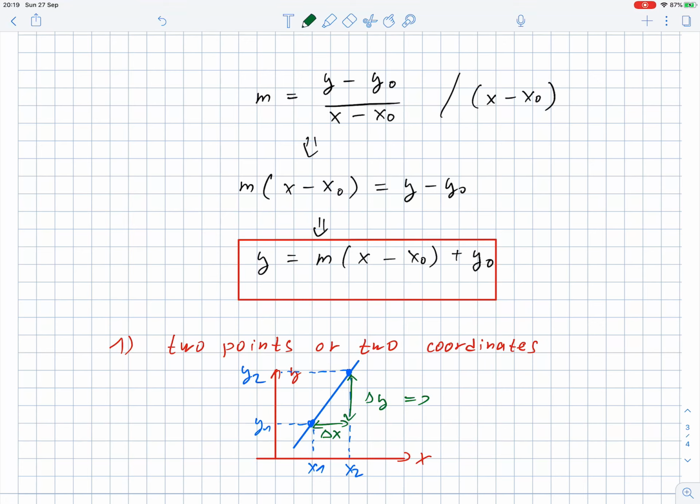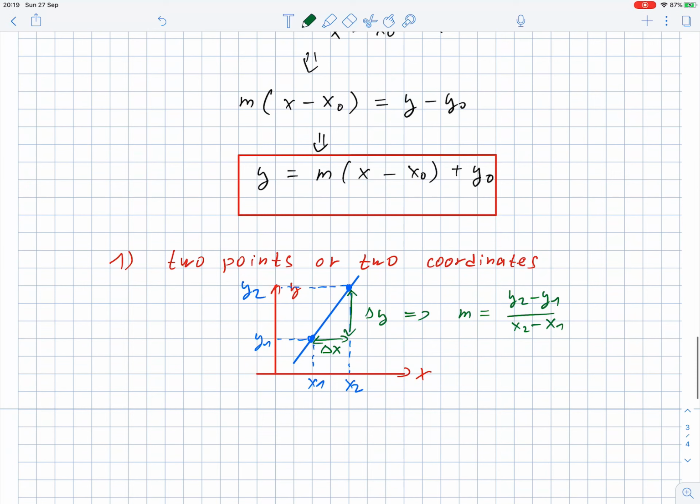From here you get your slope m equals y2 minus y1 divided by x2 minus x1. Now we know how to find our slope,